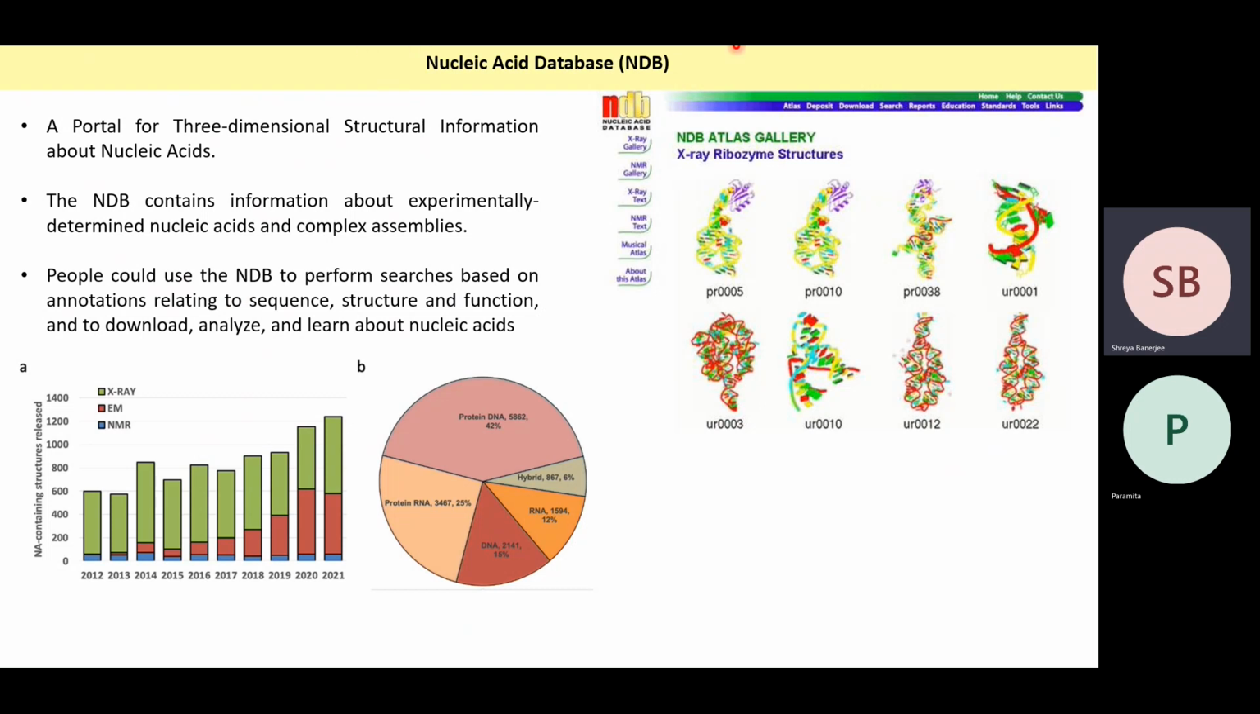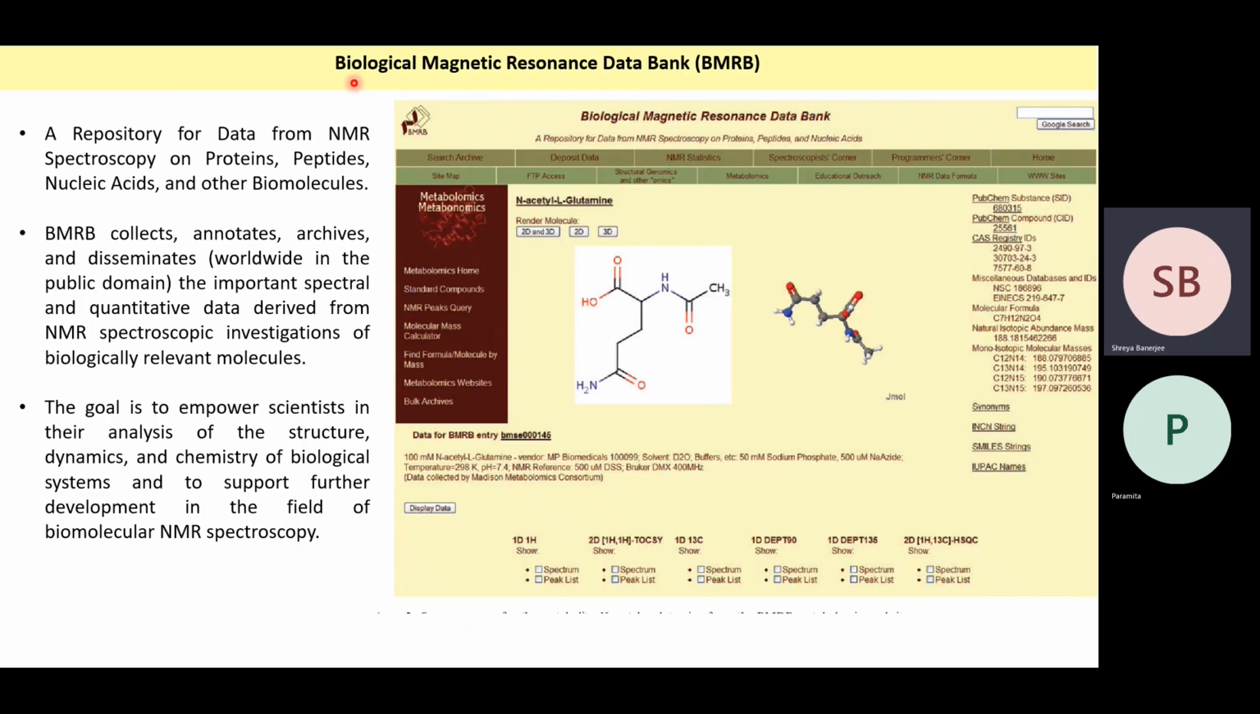So the nucleic acid database gives information all about the nucleic acids. And the final kind of database that we'll study today is called the Biological Magnetic Resonance Data Bank, or BMRB. It is a repository of data from NMR spectroscopy on proteins, peptides, nucleic acids, and other biomolecules. BMRB collects, annotates, archives, and spreads worldwide the important spectral and quantitative data derived from NMR spectroscopic investigations of biologically